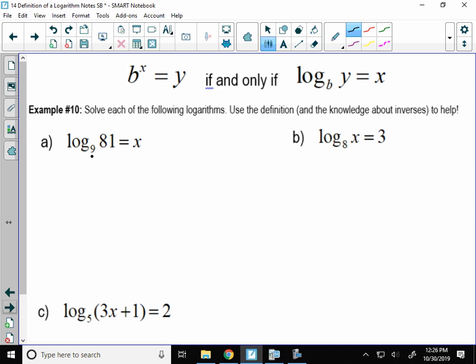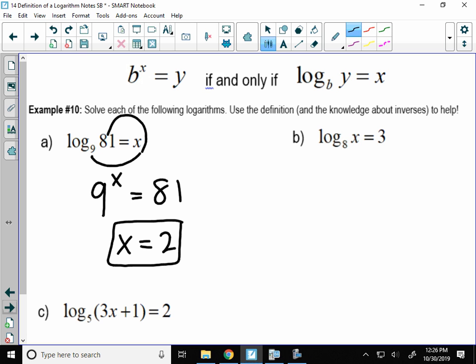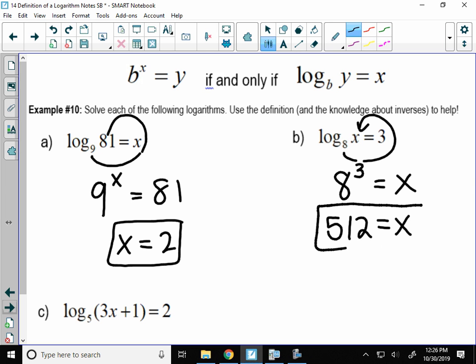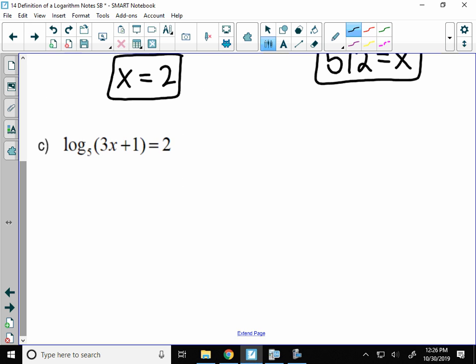So we take 9 to what power? X equals 81. Now, that one you should be able to look at. What's it's going to be? 2. All right, that's a simple one. Same kind of thing here. I take 8, and I make my curly Q. 8 to the third equals X. And what's 8 to the third? Oh, it's breaking my heart. 512. Oh. Put that on your quiz next week. No. No. Yay. Yay, that's a better answer.